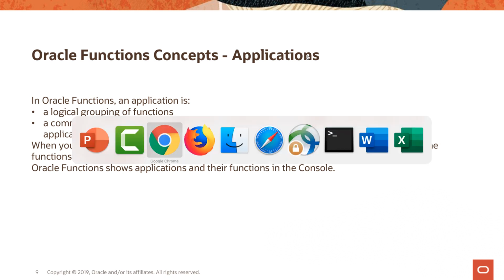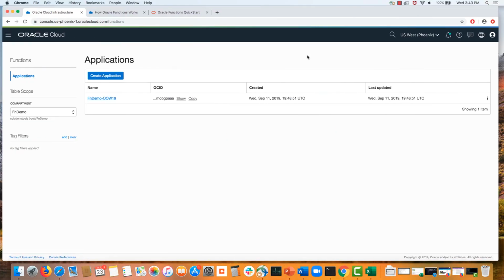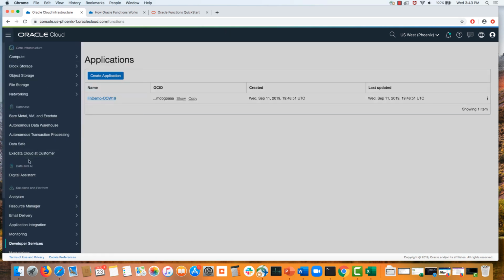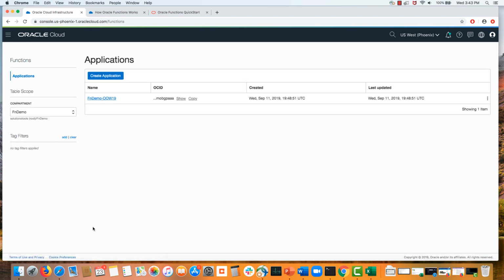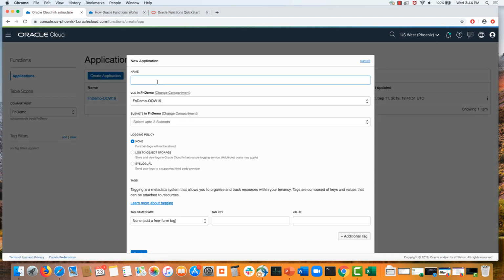Let's look at what the interface looks like from the OCI console. So I've logged into the console. Functions are part of the developer services option, and then I click on functions. You choose the right compartment that you want to work in. You see an example application already there, but you can create a new application. You can say